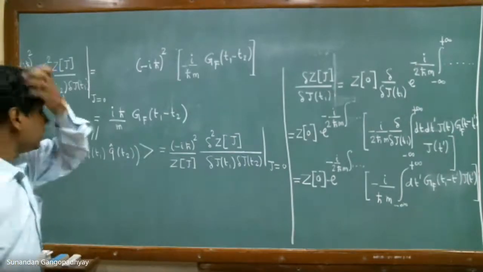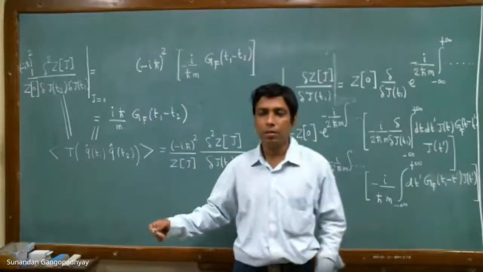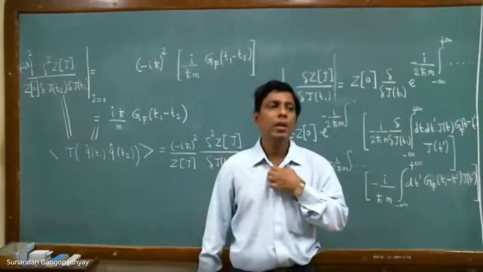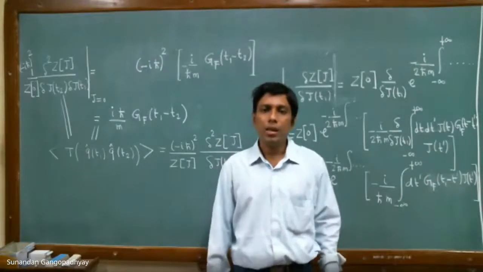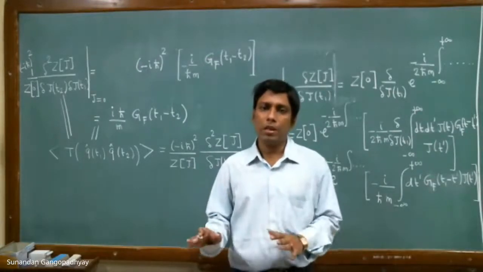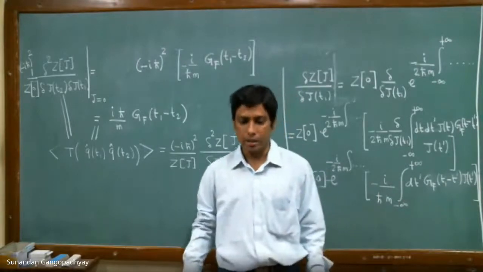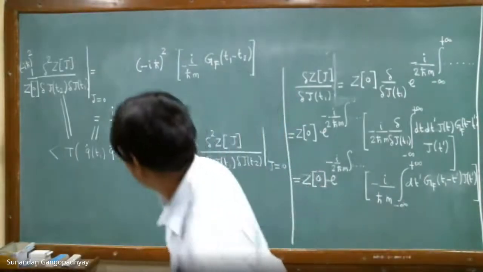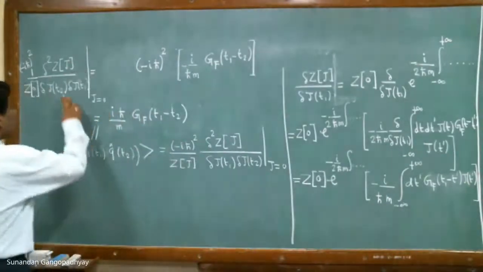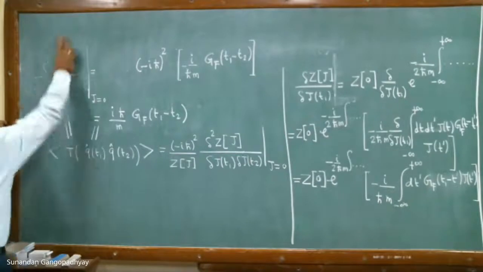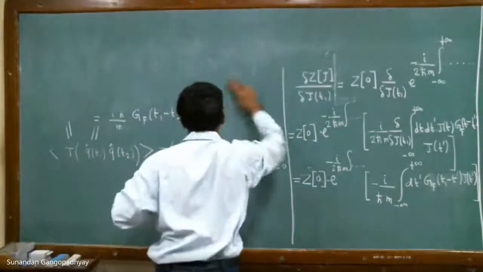So remember that the theory for which we are writing down the generating functional is a quantum harmonic oscillator. It is a free quantum harmonic oscillator. So there are no interactions there. So now let me write a theory where there is an interaction. So let us look at the anharmonic oscillator.